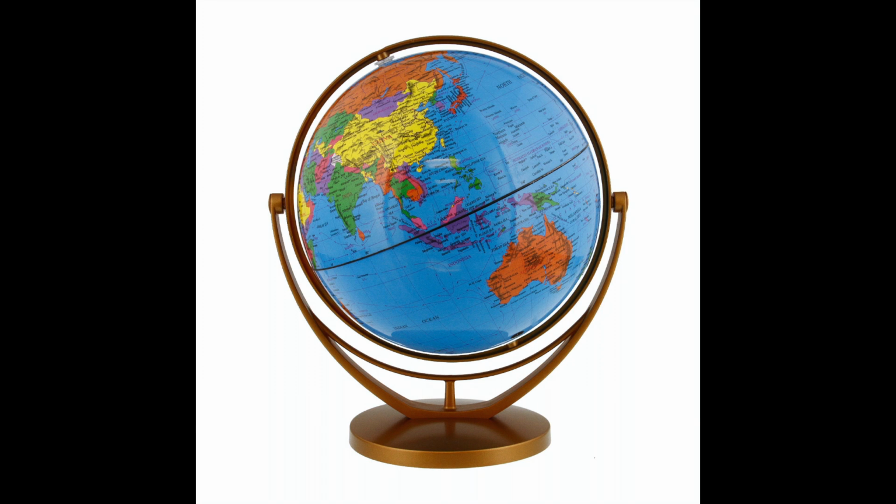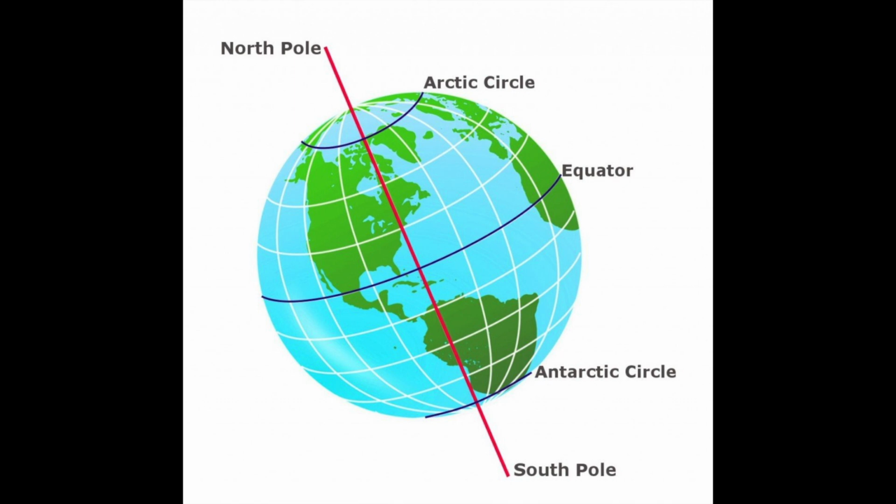So some of you are probably thinking, wait, I've heard that the Earth spins on an axis that's tilted. And in fact, that is true. Most globes you see in classrooms or stores look like this, with the North Pole and the South Pole not quite at the top and the bottom, but a little bit off. In this image, you see what we call the axis, which is an imaginary line going from the North Pole to the South Pole through the Earth and up and down and away from the Earth in an infinite line. It's not a real thing, but it does serve to give us something to focus on